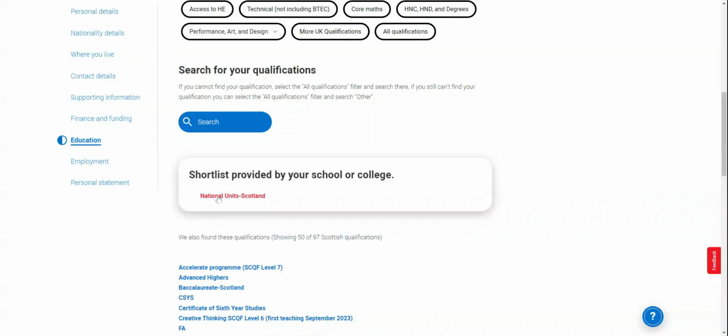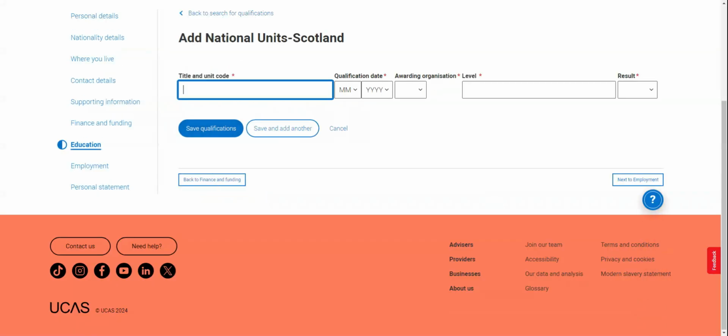If you click on National Units Scotland, that takes you to the next page where you have to type in the first of the units that you were given. So that's a list of units you get from your class tutor, and you have to key them in one by one. So that could be up to 21 units, and you have to do them one by one